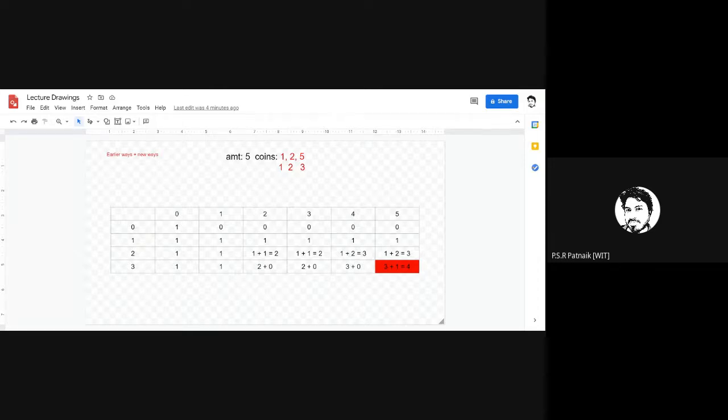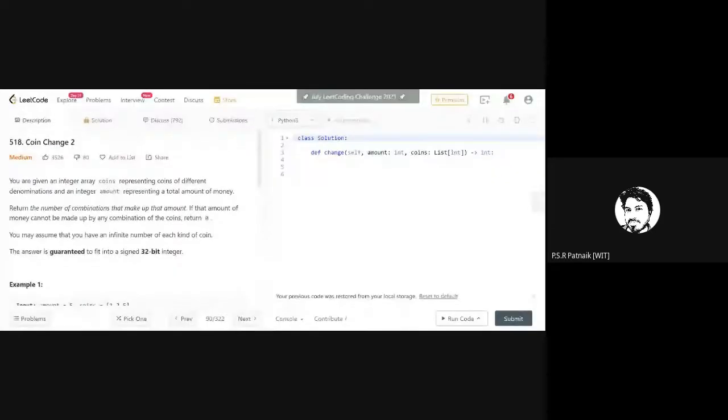Yes, I think Ranjit has given that. You can discuss this solution later on. Just a minute. I'm just taking this solution from there. So what I'm doing here is, I'm getting coins. Amount is this, and coins would be, I think, the length of coins.